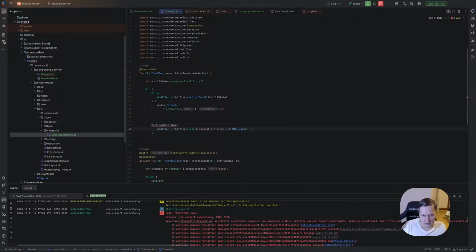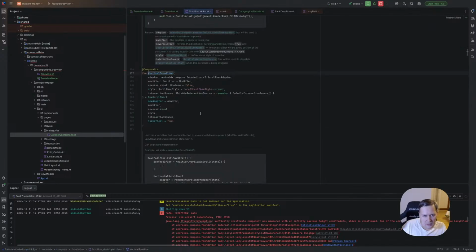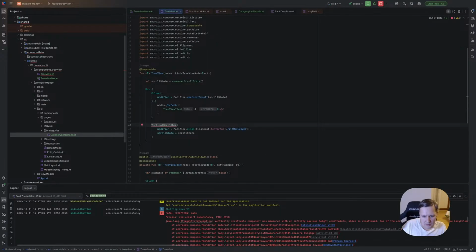Okay. And scroll state, we need scroll state. Something else? Adapter. Compose UI, column, and vertical scroll.